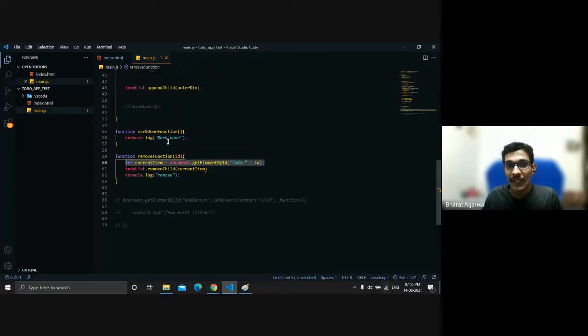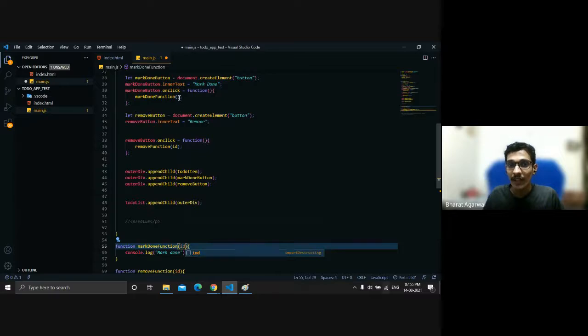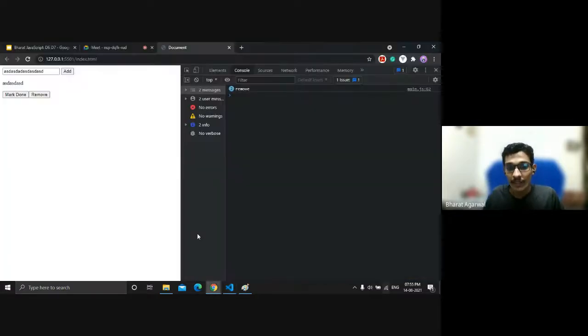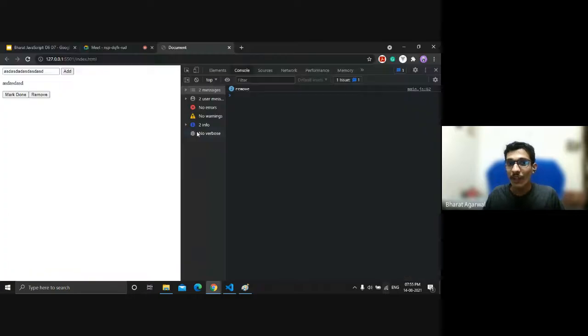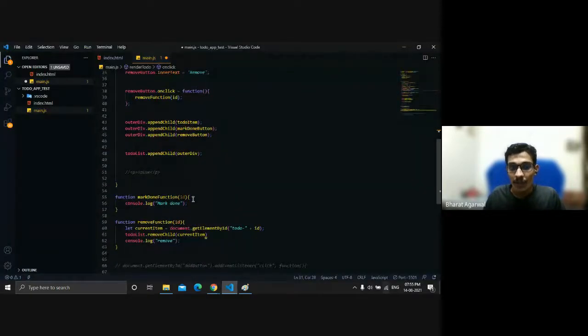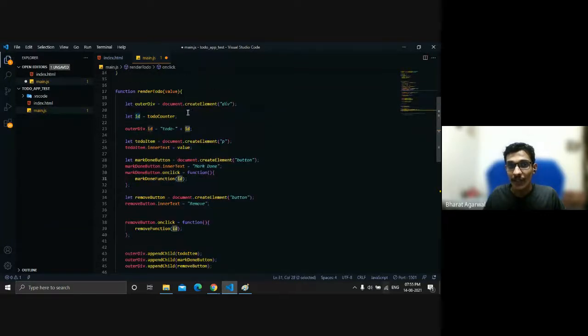Same we can do with the markdown function, since in the markdown function we wanted to mark it as done. You see, we have something like Bharat over here, and we strike it out, a line through it basically. So we'll use the same. I call this markdown function with the ID which we have over here.